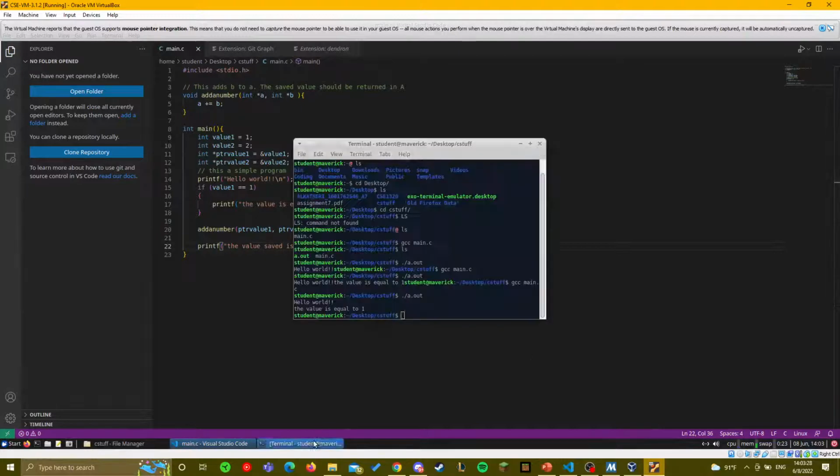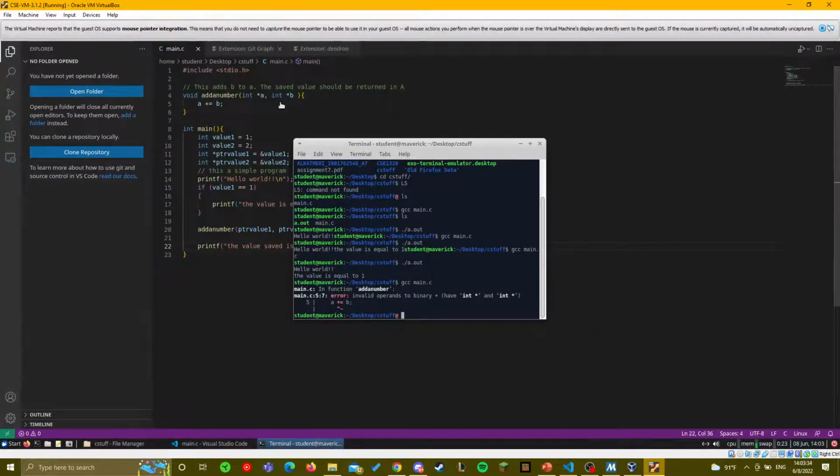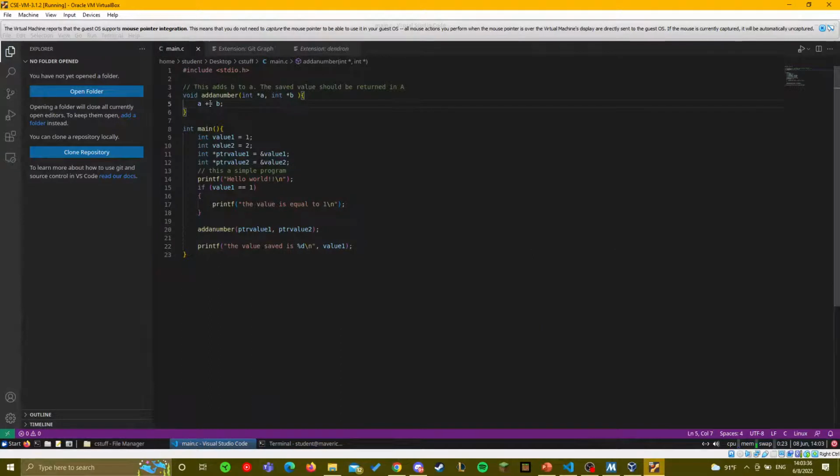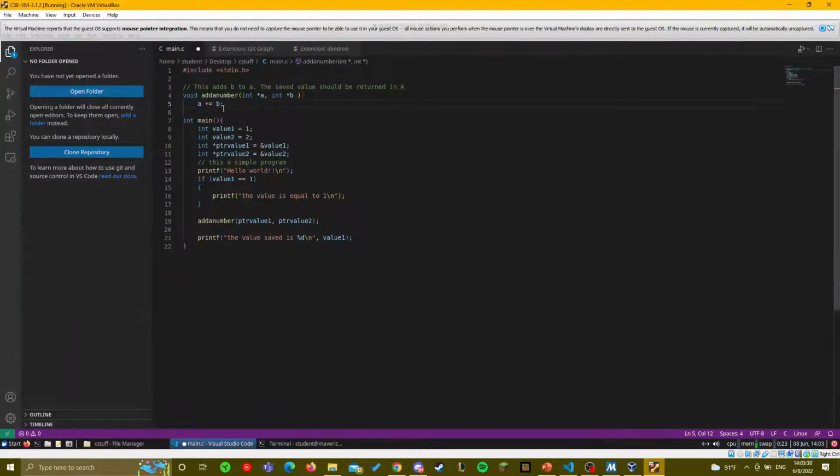And if I just compile this, oops, I think it's the other way around.